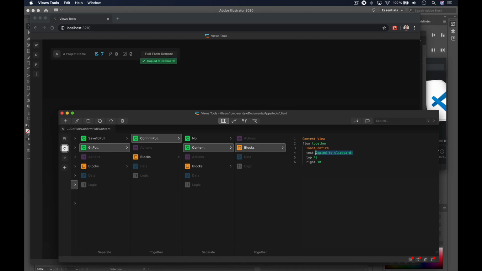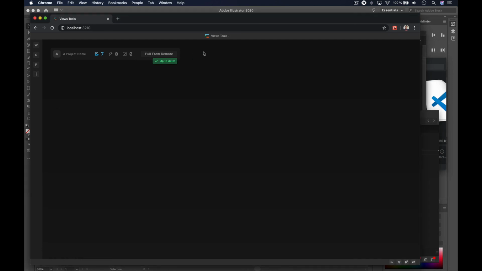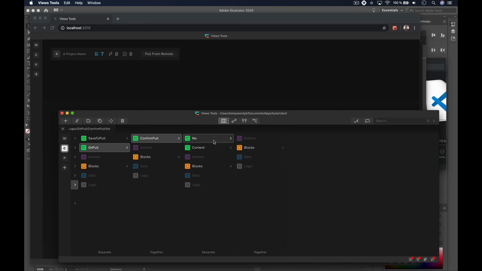Now this should say up to date. Yeah, so we could do it like this, and then now I'm clicking the button, invoking this, or by default it's nothing. And then when I click the button, pull from remote. It pulls, and then it's, yeah, so, okay, so another thing is that